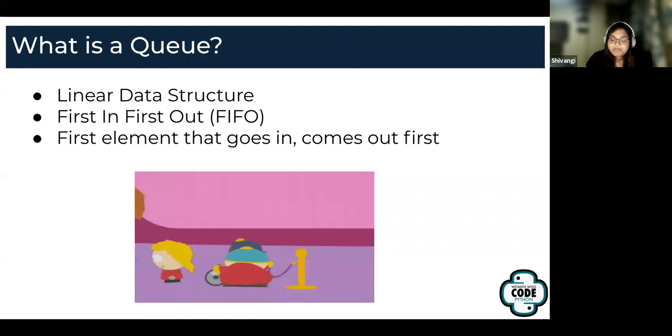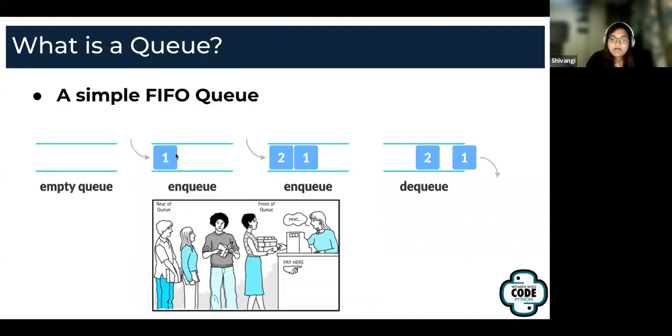Now, to help you understand that better, there's this representation. If I had to visualize a queue in a real world scenario, you can take this example. There's a billing counter, and you have a bunch of things you would want to check out. So this lady in the front with a stack of books, this is called the front of the queue.